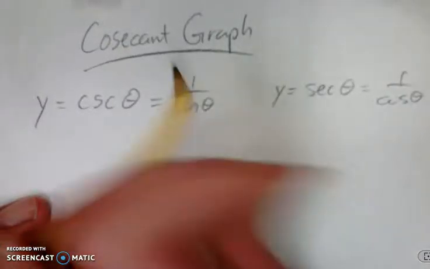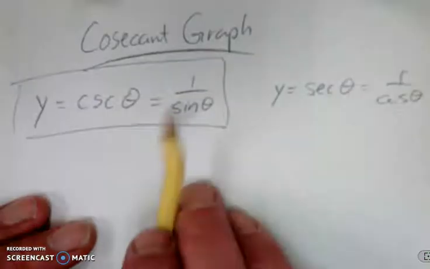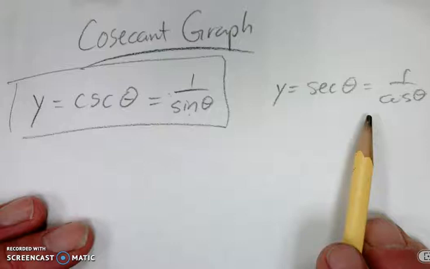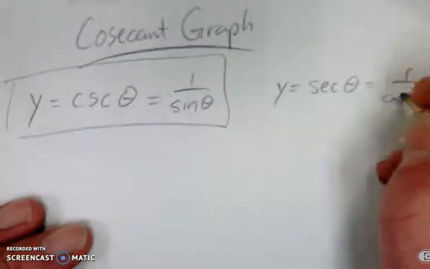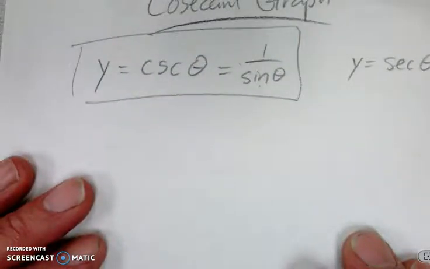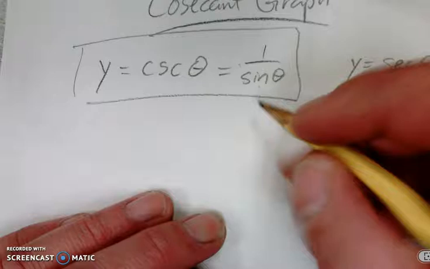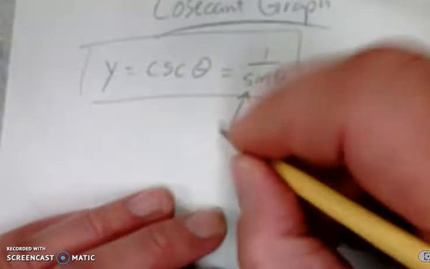So we're going to focus on cosecant because it's related to sine. But our method for this is totally the same for secant. Everything I say for this one, just apply it to cosine, and the rules are exactly the same. So we'll focus on cosecant. So the whole thing here, this is called a reciprocal identity. It is the reciprocal of sine. As such,